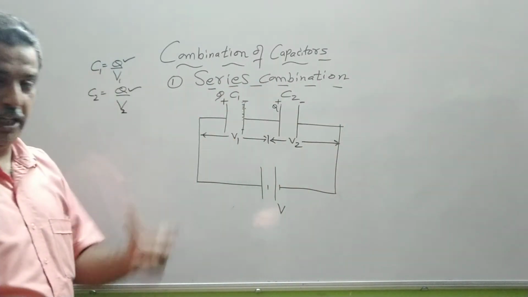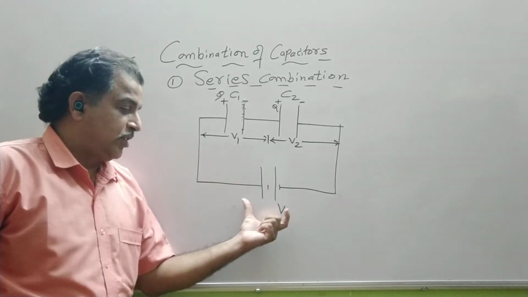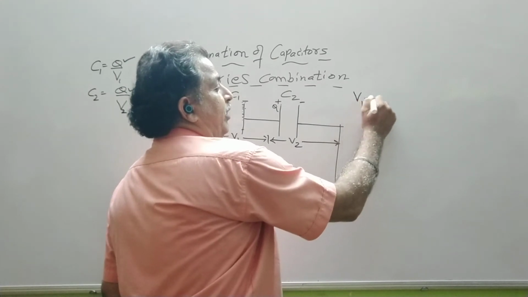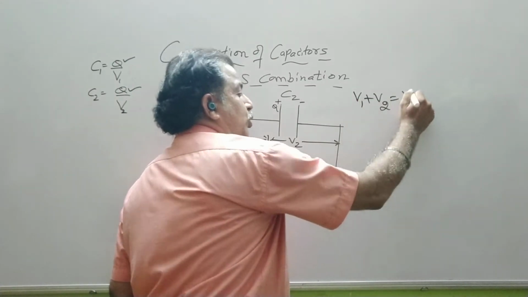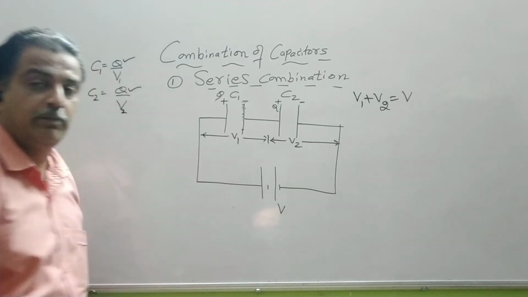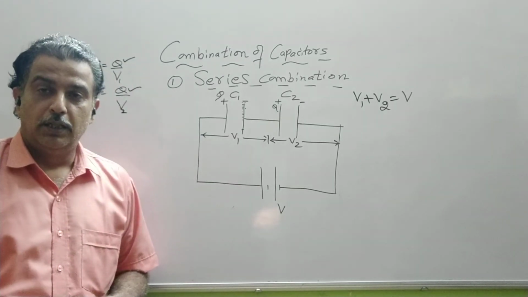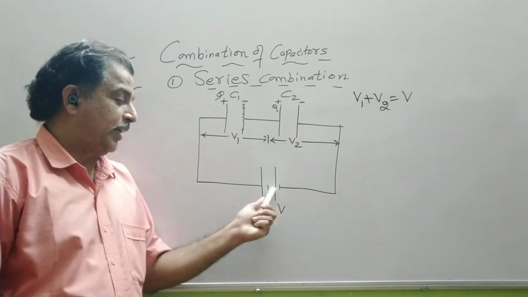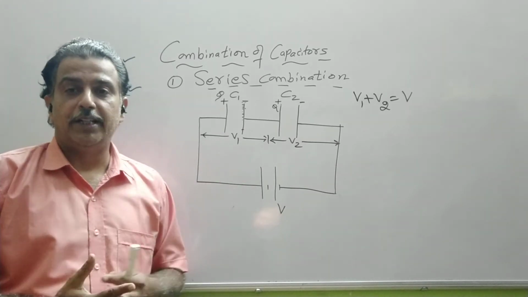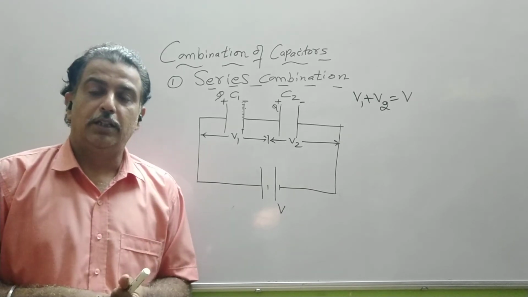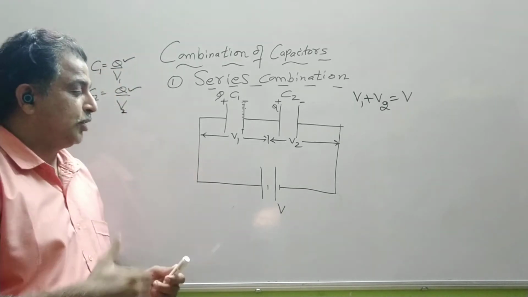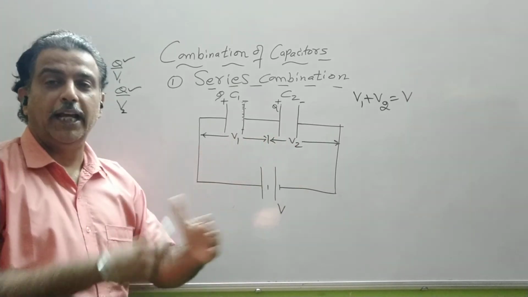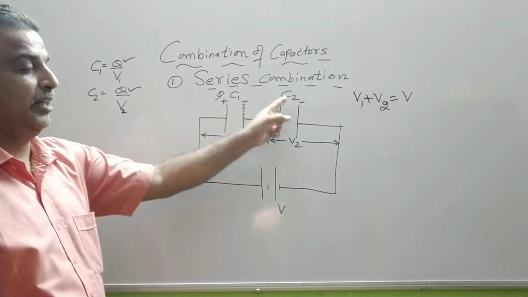Now potential is a scalar quantity. Also, energy can neither be created nor destroyed. So we start with V1 plus V2 is equal to V. This is V volt, say a 5 volt battery, 5 joule per coulomb. To deposit 1 coulomb of charge, this battery has to spend 5 joules of energy. Energy can neither be created nor destroyed, so that 5 joules can be 3 plus 2, 1 plus 4, or any combination depending on the values of C1 and C2.